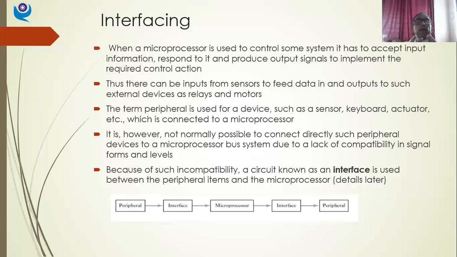So to improve the compatibility, to make it processable by the microprocessor, I need an interfacing circuit. Because of such incompatibility, a circuit known as an interface or interfacing circuit is used between the peripheral items and the microprocessor.